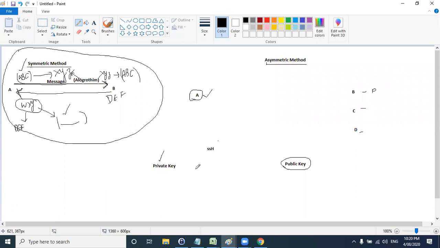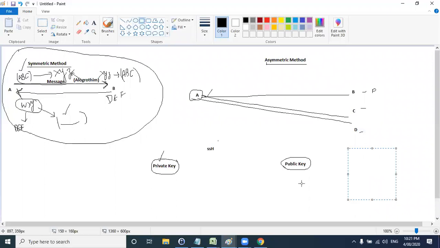Now A can approach anyone, either B or C or D. B, C, D can send information to anyone, but the information will only be decoded if they have a valid private key. This public key and private key are associated with each other. Let me tell you how it works. Like you have a machine here.